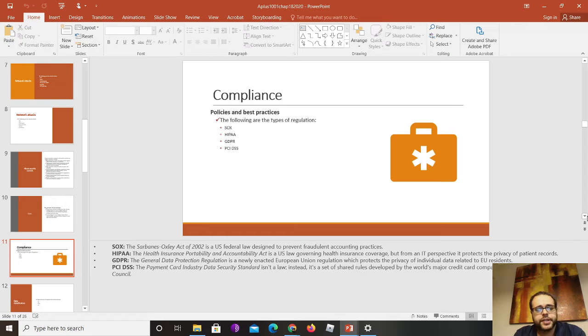PCI DSS, or Payment Card Industry Data Security Standard, is basically a standard for credit card transactions. If you go to any business that accepts credit cards, you bet your money on it that they need to be PCI compliant. They are governed by the PCI Council.